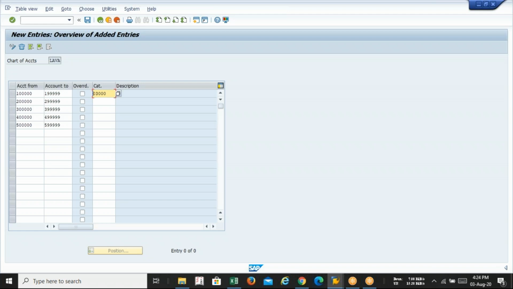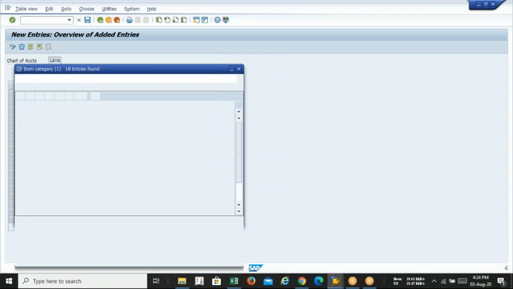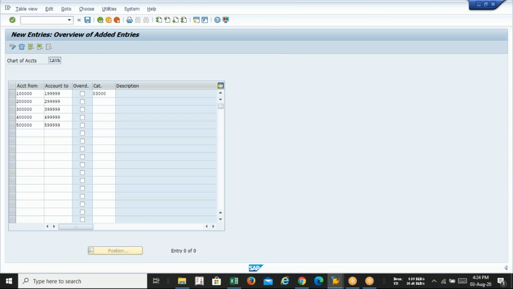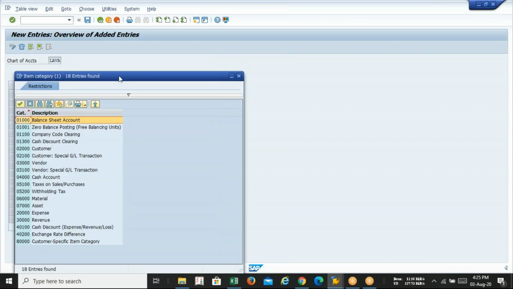Okay. Next. This is the asset, 200000 to 299999. This is my asset. 3 is my income. Guys, the same thing: whatever selection you have done in your accounts group, the same option you have to select from this pop-up.